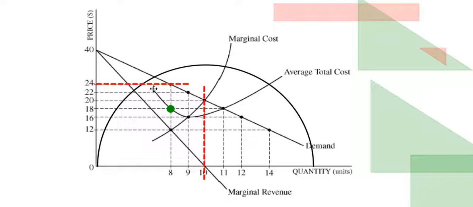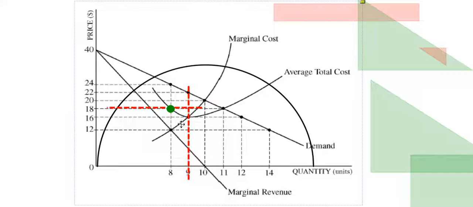Okay, so that's a price of 20. So at a price between 16 and 18, where are we? We're at a point where marginal revenue is positive. So where marginal revenue is positive, that is going to mean that at that point,